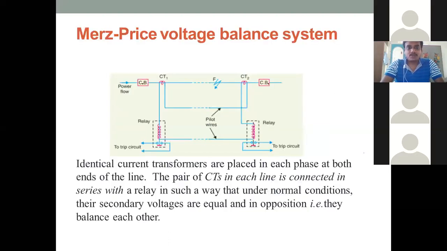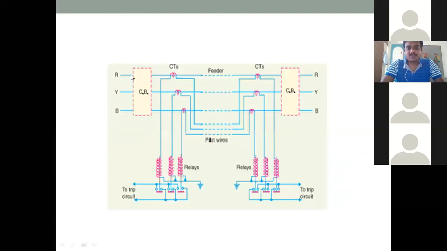You can see this is the three phase supply R, Y, B. Similarly, you have three CTs here. If a fault occurs between here, it automatically forms a pilot wire connection. You know what a pilot wire connection is: three wires with one neutral, the same connection. But what is the difference between the transmission line circulating voltage balance system and the circulating current system? There you will have a common relay connected to the